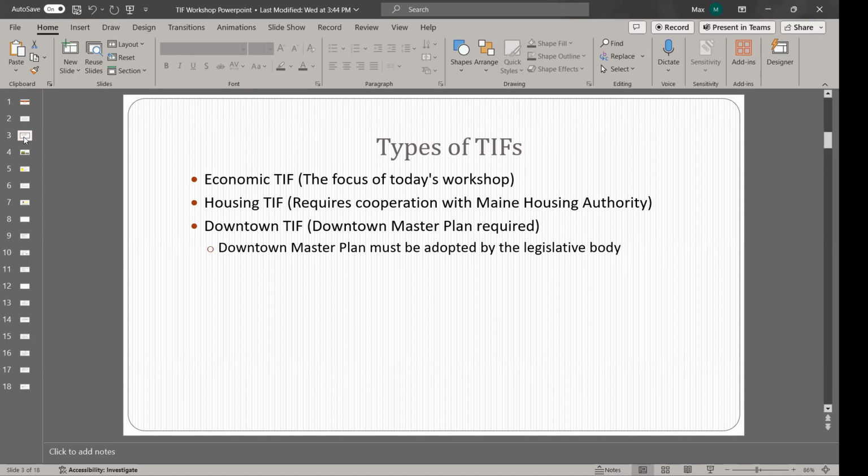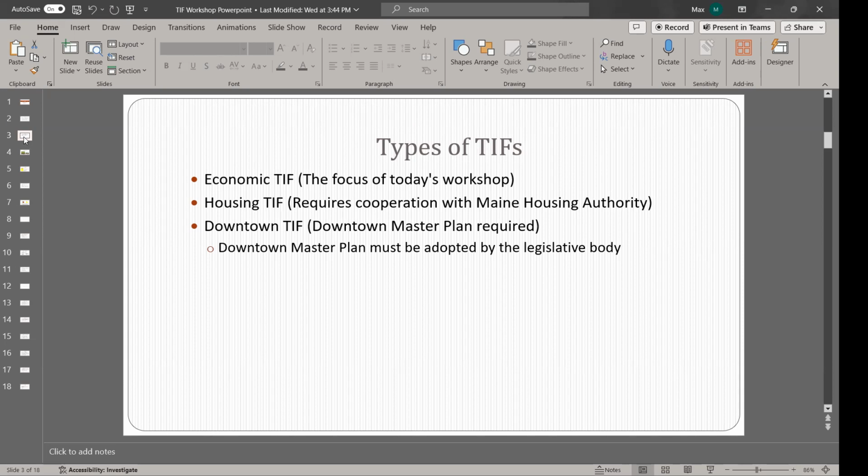I mentioned the 2% limit. You don't have that with the downtown TIF. I think Presque Isle recently had one of the largest ones passed in the state of Maine, and that's well beyond 2%. Whatever you have in your downtown master plan as your downtown, those parcels can all be placed in your TIF district. And it doesn't count towards this 2% total land of your community or the value, or even this 5% calculation. This downtown TIF lets you skirt a lot of those limitations.